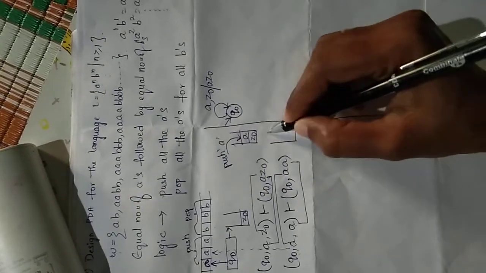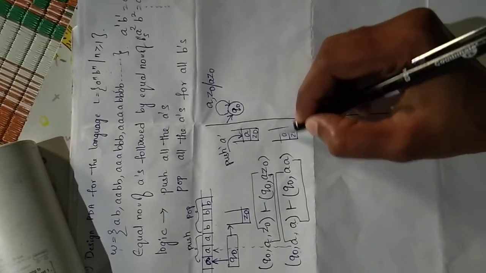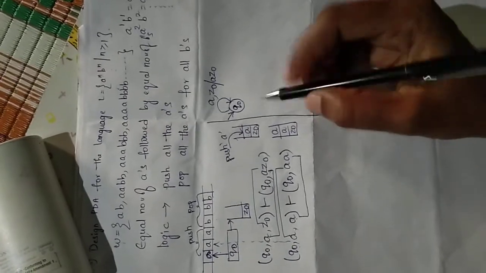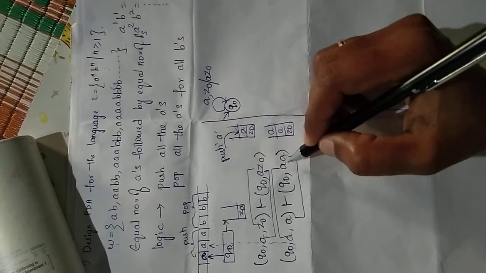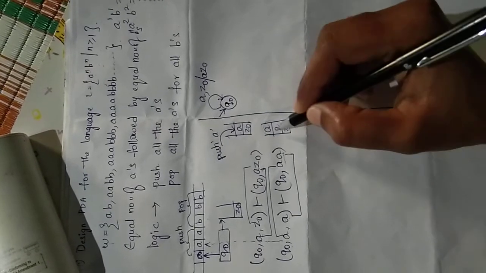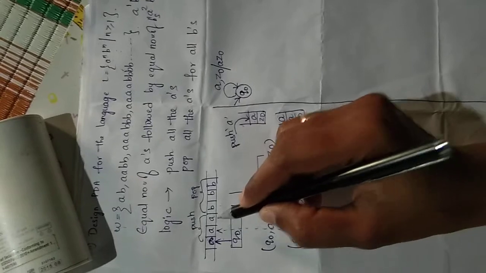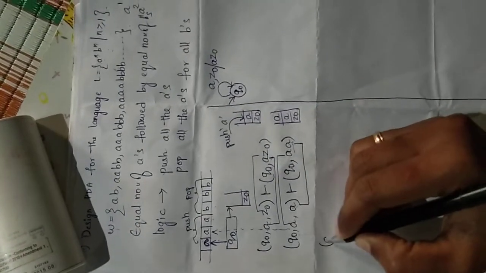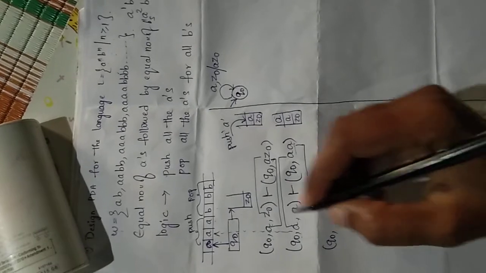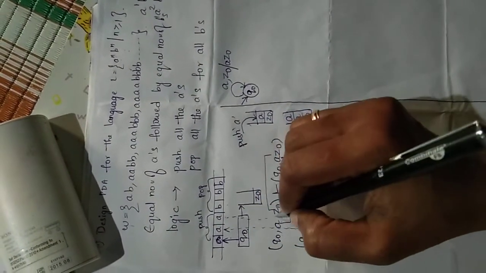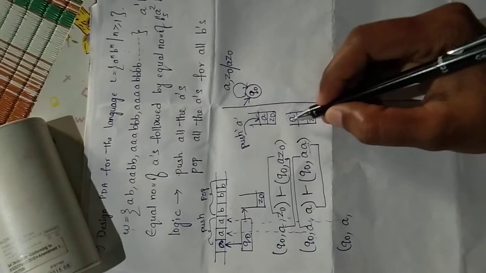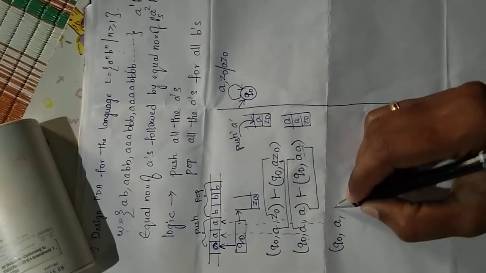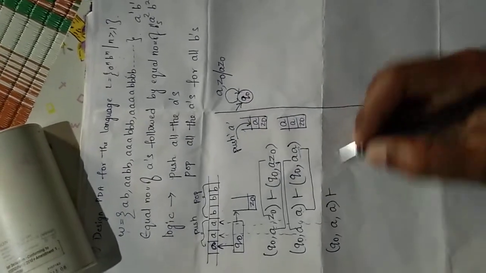So this is the ID for the second input symbol. After pushing the second symbol, the stack is like this. Always we are representing the top two symbols only. Now see this one: what is the previous top of the stack and what is the pushing symbol now? We need to represent those two symbols, so A and A. Now what is the next symbol? Again A, so we are in the same state, Q0. The third symbol again is A only, and the top of the stack symbol is A.